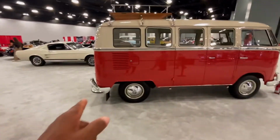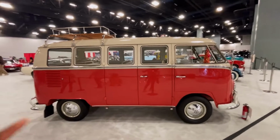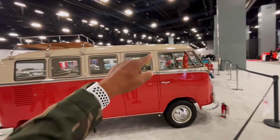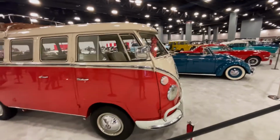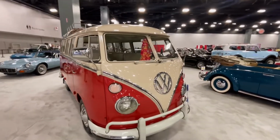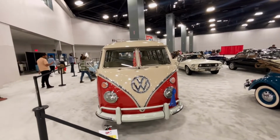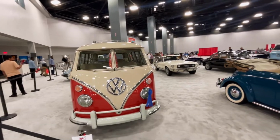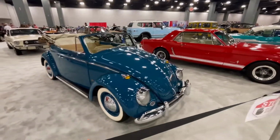And for those of you that are into VWs, this one is for you. Let's see if I can count the windows. 1, 2, 3, 4, 5. I don't know. There's more than a dozen windows in here. I can't count all of them. But this is a nice example of an actual 13 window deluxe. This is an example of the 1964 13 window. Your Beetle,